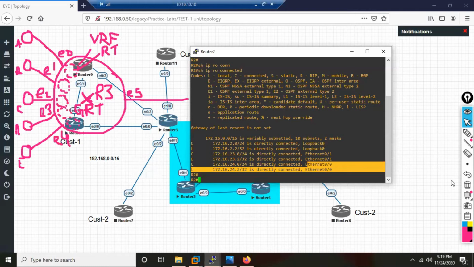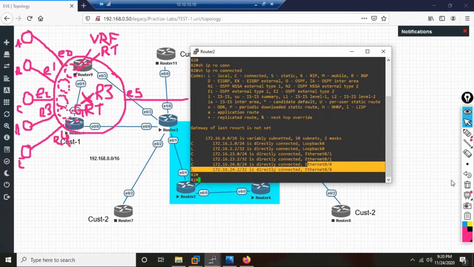So clear, guys. What was the requirement? No two customers' routes should get mixed up. How can no two customers' routes get mixed up? By keeping them separate. What was the approach? Get the routes on two different physical devices, but then not scalable. Okay, if not physical, let us get the routes in virtual devices, and that is called what? VRF. VRF is nothing but like a router inside a router, like how VLAN